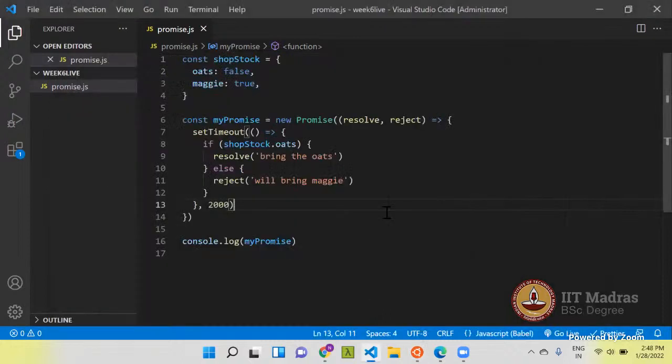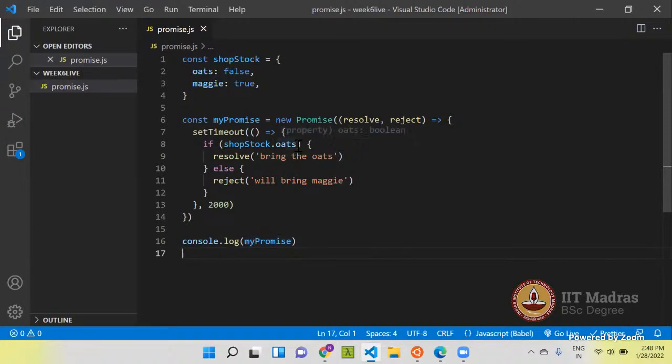In the first case it was resolved, the second case it was rejected, and now it's pending, because when console.log was triggered, the promise was still in process. It was pending.